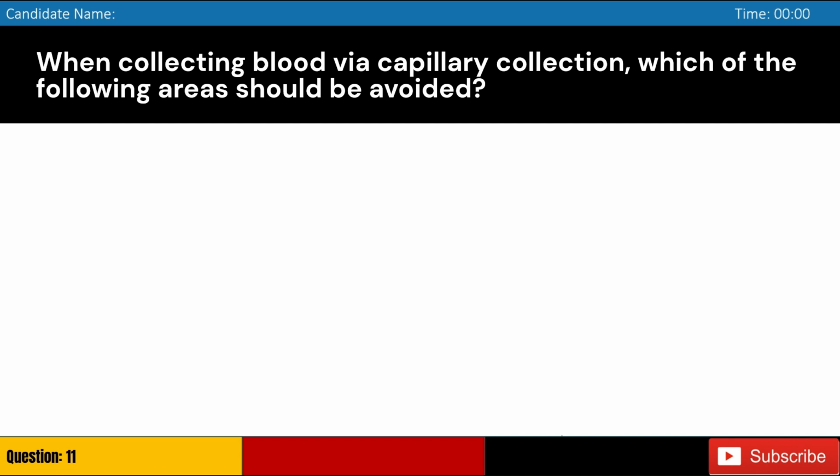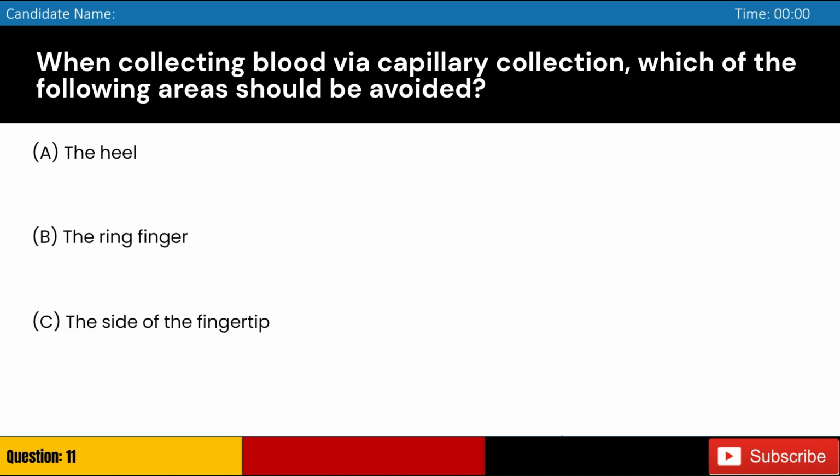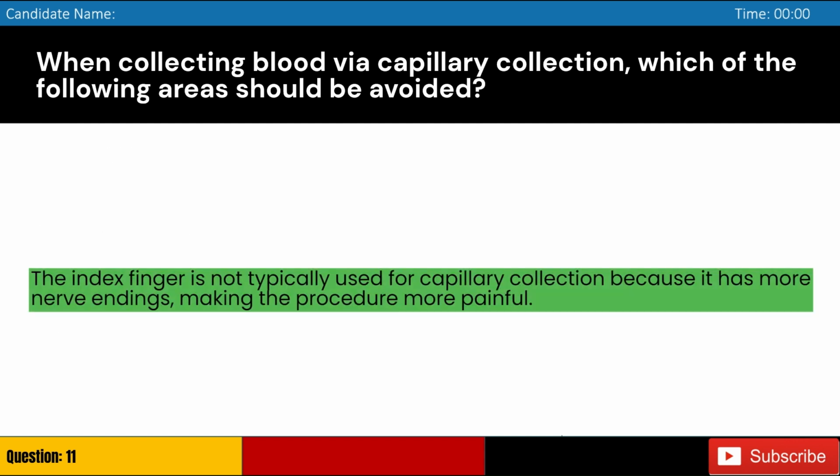collection, which of the following areas should be avoided? A. The heel. B. The ring finger. C. The side of the fingertip. D. The index finger. Answer: D. The index finger is not typically used for capillary collection because it has more nerve endings, making the procedure more